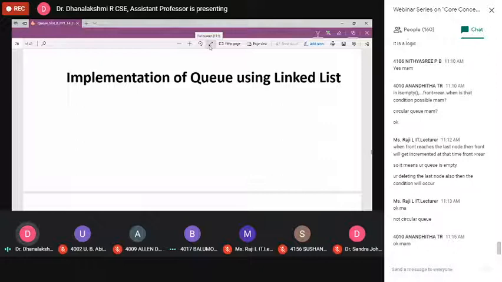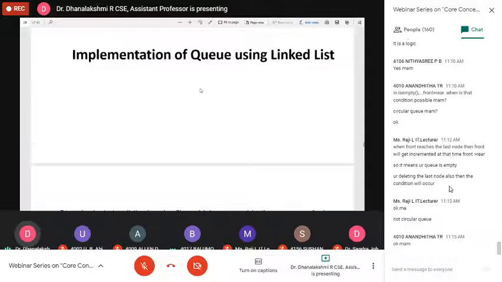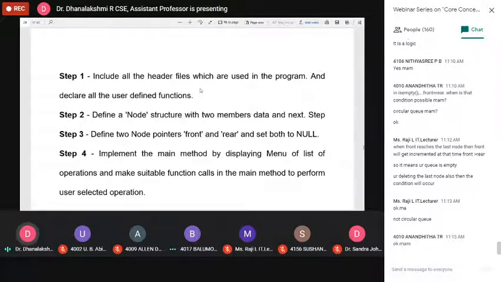Implementation of queue using linked list. Linked list is nothing but we are using the pointer concept. Before we enter into this pointer concept, we must declare the node. Then we can create a node and allocate memory for this node. Only then we perform the NQ and DQ operations. These are the previous steps before we enter into NQ and DQ. We are going to perform all those things one by one.